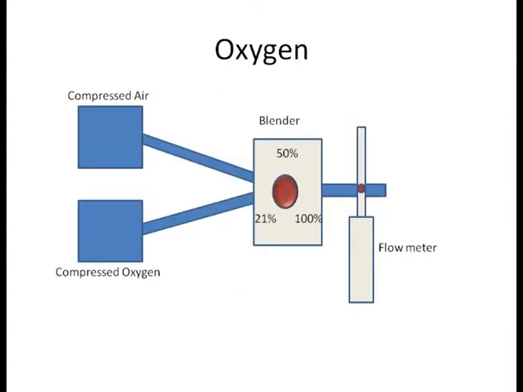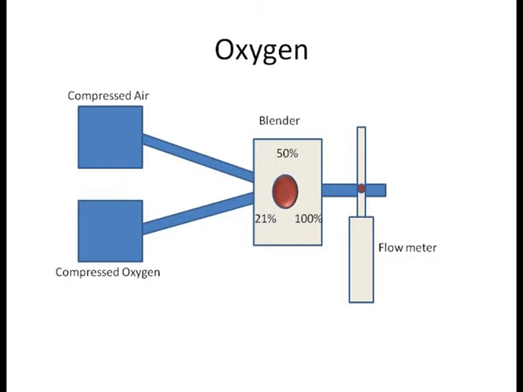Now, to provide oxygen, as we discussed, we require a compressed air source, a compressed oxygen source and a blender. Now, blender would help us to titrate the mixing of air and oxygen and to give the oxygen in fractional inspired concentration of oxygen ranging from 21 to 100%. But for more practical purposes, we would like to keep the FiO2 between 21 to 60% when we are providing CPAP for a newborn.